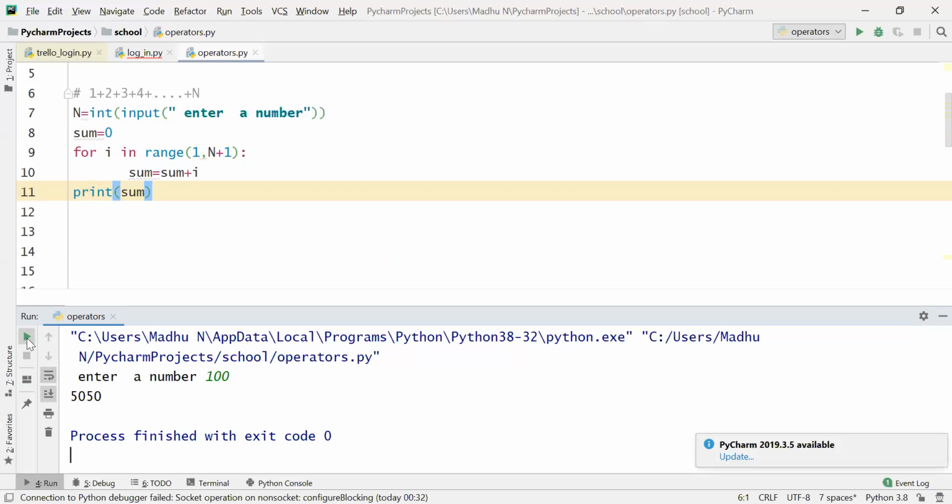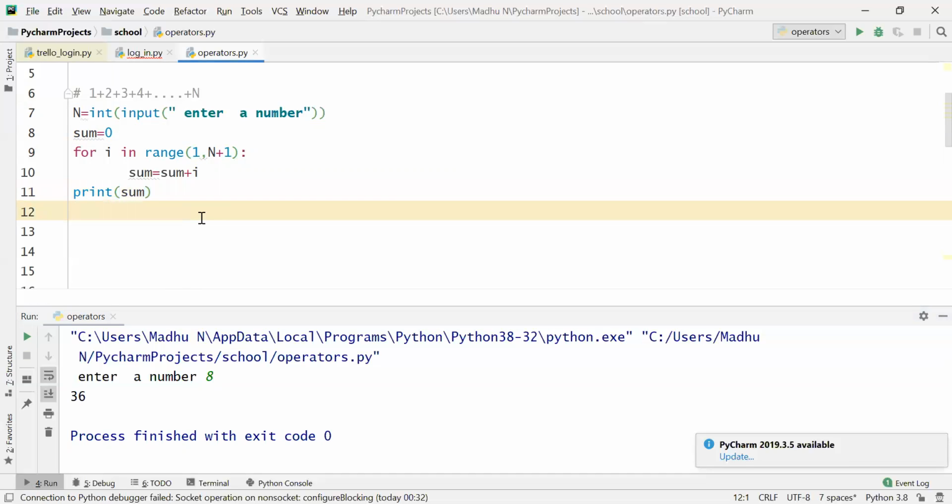Okay. What is the sum of natural numbers until 8? 8 into 9 by 2 is 36. So, okay, this is our program.